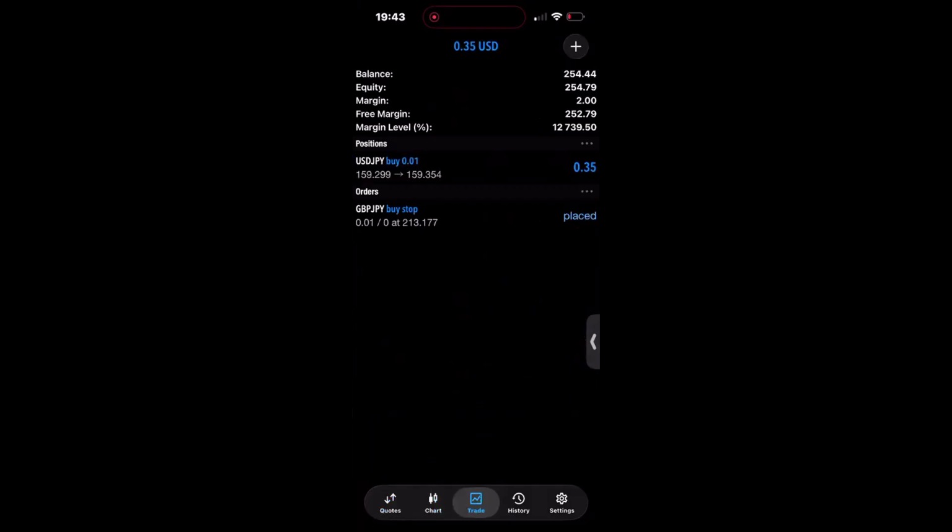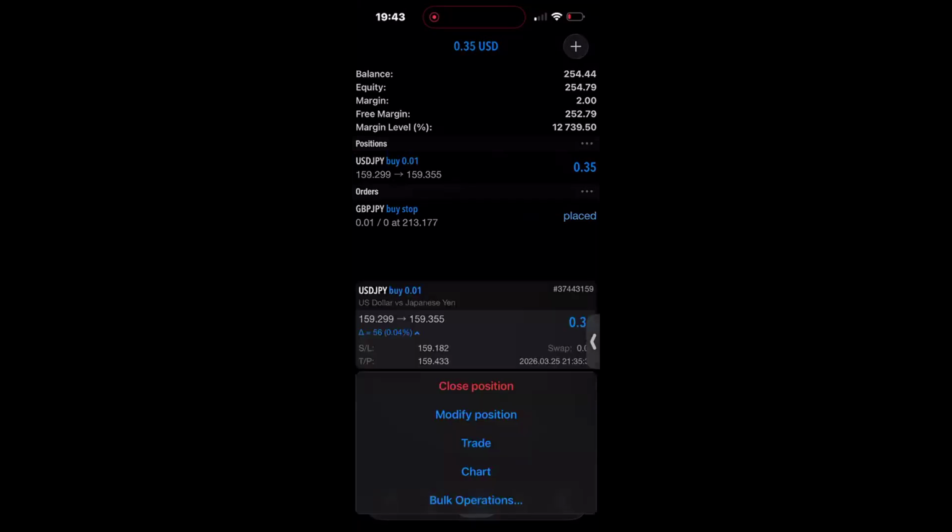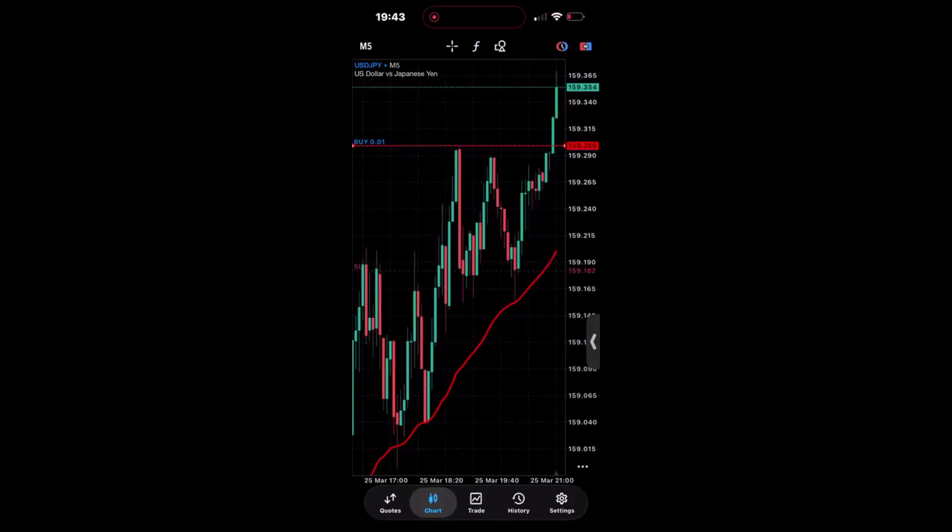You can see, guys, look at where I bought, look at what price is doing right now. So I can modify my stop loss right now. I can break even on my stop loss. On MT5, you can just tap, and once you tap, you can move it to where you entered. So I've broken even. Let me put it here.